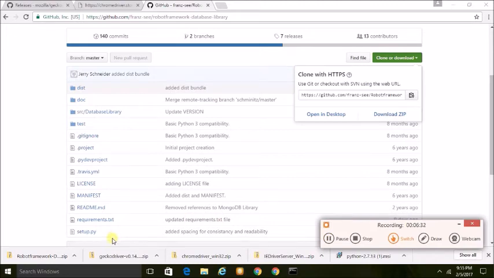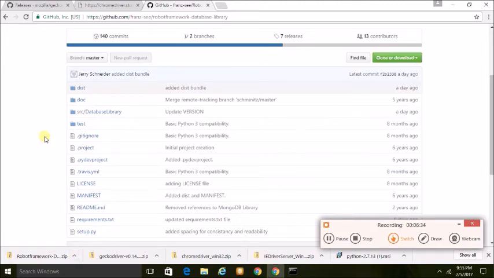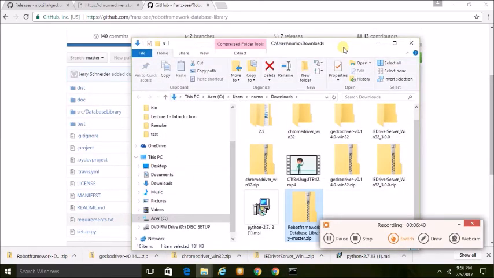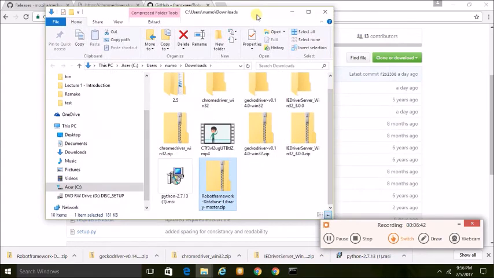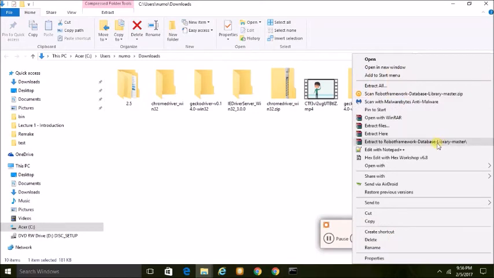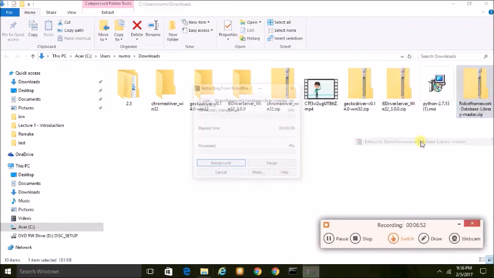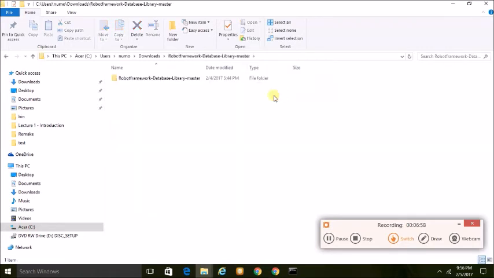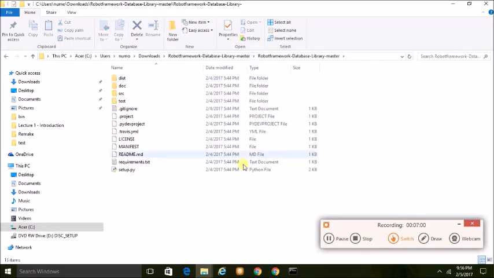Okay, so we just downloaded the zip from GitHub. We're going to go to show in folder, and we're going to go to the Robot Framework zip that has just downloaded, right click it, and go to extract here. As you can see, a new folder was created for the Robot Framework database library,